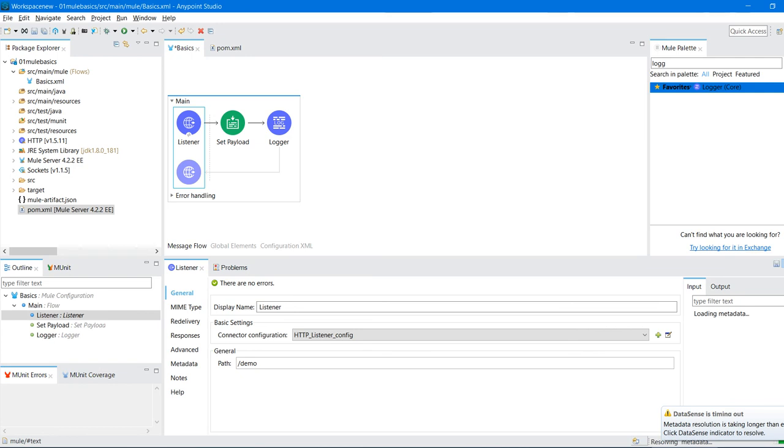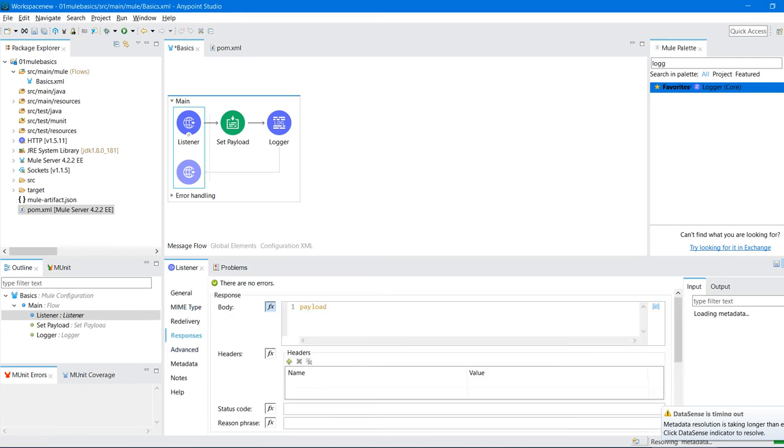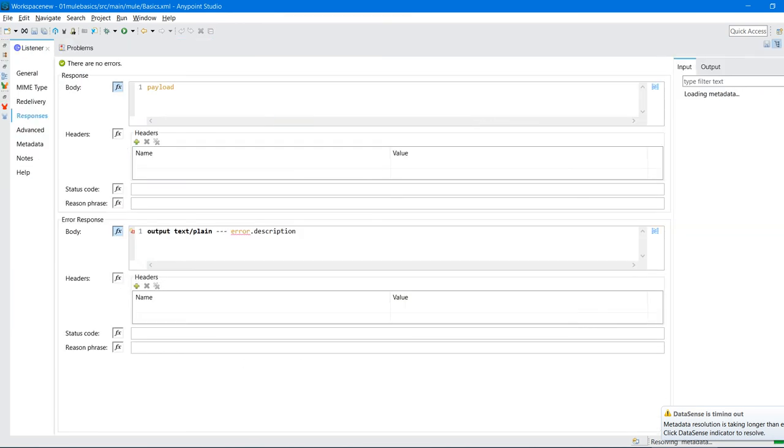In this listener, if you just click on the listener, there is a responses tab. If you click on the responses tab, there are two things. If my application is successful, by default it will return whatever payload is there at the end of the flow as a response. By default the status code will be 200 and the reason phrase is OK. If you want to change it, you can override it.